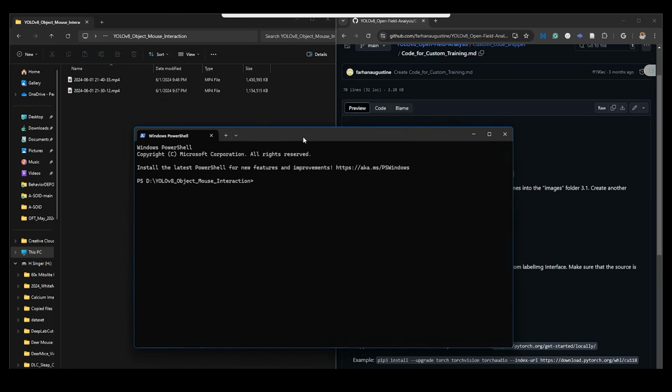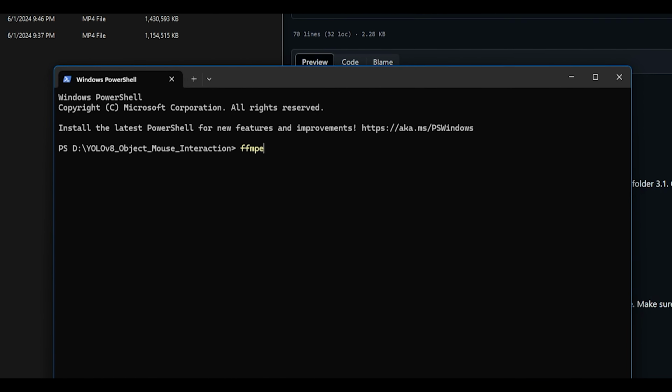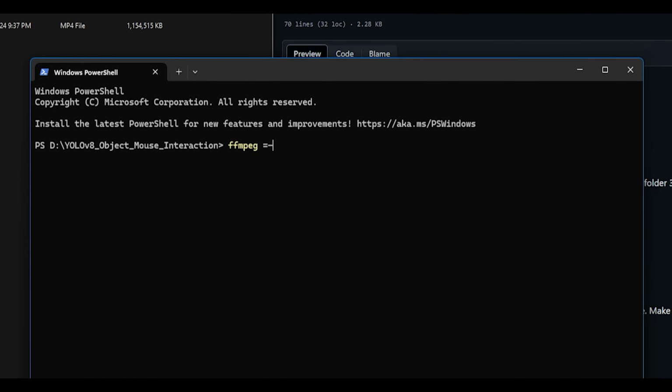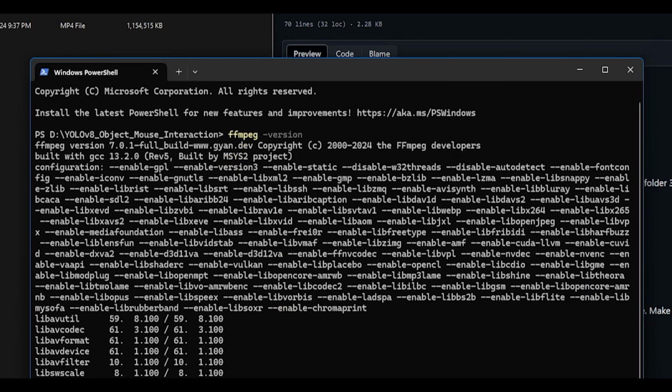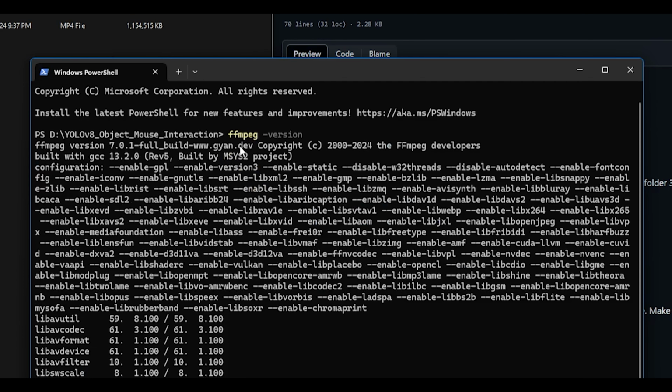First thing I'm going to do is extract frames from some videos that I have. Here I'm testing if I have FFmpeg installed, and you can do that using this command line. And so if you see a message like this, that means you have successfully installed FFmpeg. If you don't have it, don't worry about it. I'll share the link below. You can go ahead and use that link to download FFmpeg.